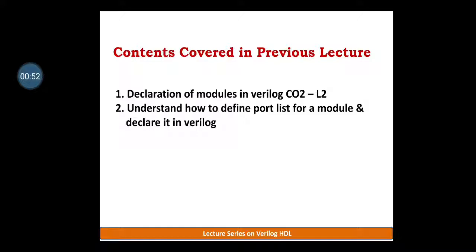In the previous video lecture, we discussed the declaration of modules in Verilog, the correct way of port declarations and how port declaration name referencing is done, what methods are available for us, and also some example programs to differentiate between port declarations done using names and port declarations done using ordering methods. Today's lecture will go to the hierarchical level, wherein the available module can be declared with respect to its hierarchical names.